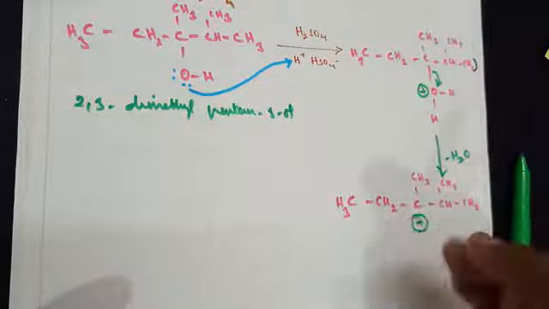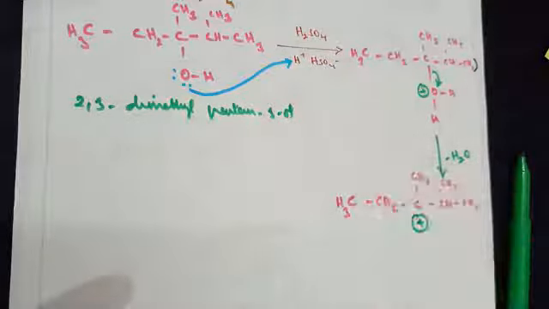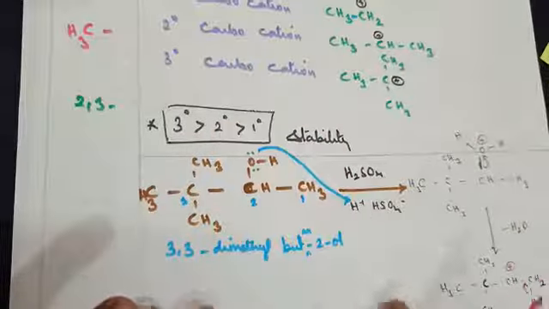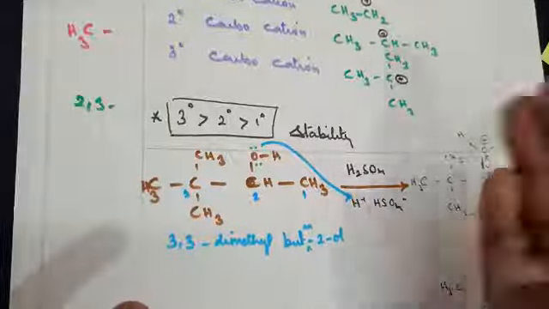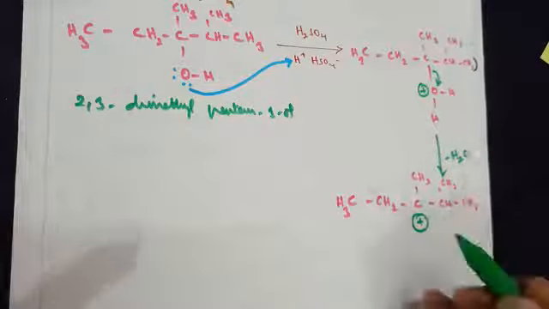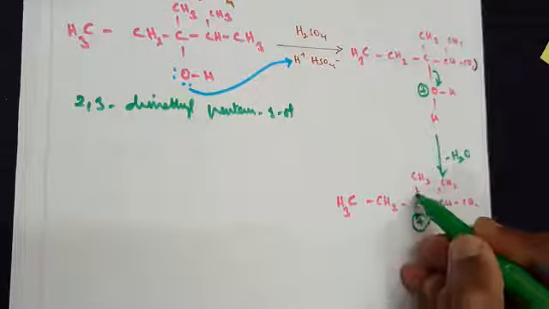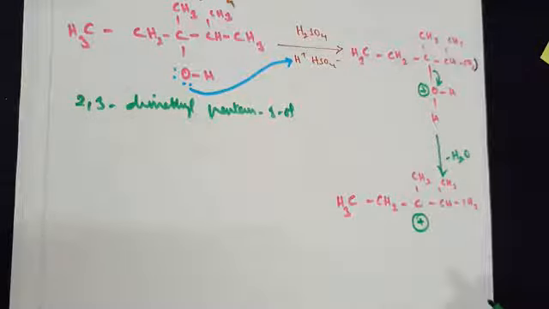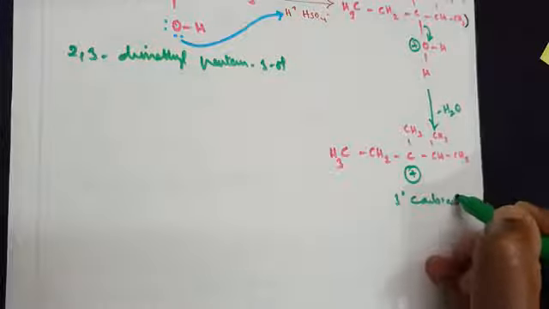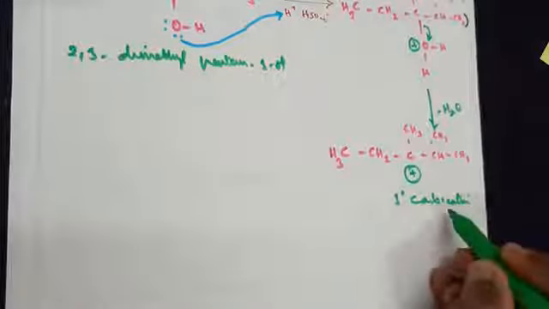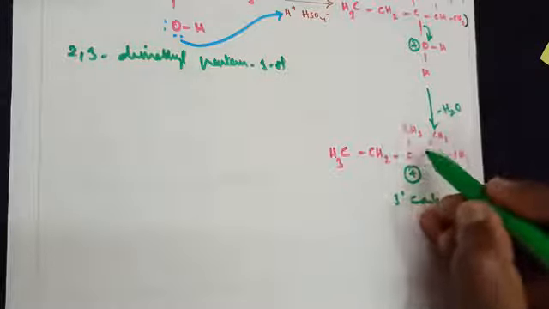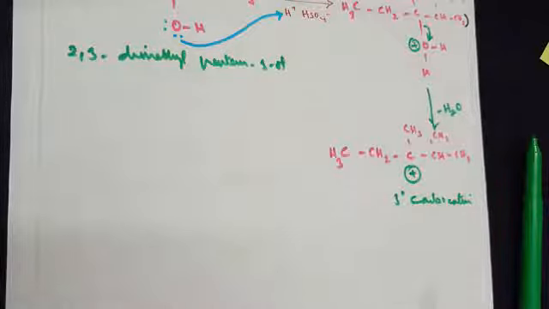If it's a tertiary, it's a stable one. You don't need to do any shifting there. But on the other hand, if it is a primary or a secondary, methyl shifting should be done so that it goes to the highest stable state here. So what type of carbocation? Carbon is attached with the 3 alkyl groups here. So hence it is a tertiary carbocation. When it is a tertiary carbocation, it's more stable. You need not do any shifting here as you did in the previous cases.